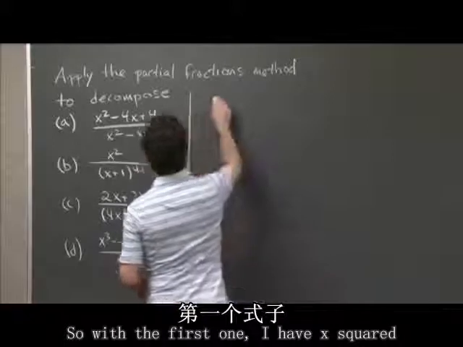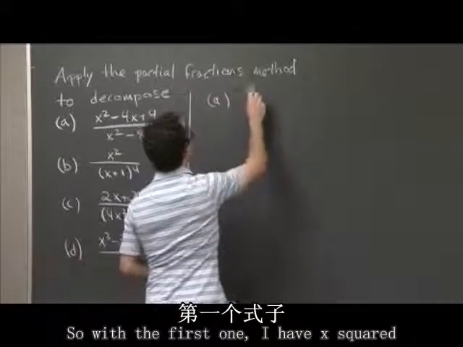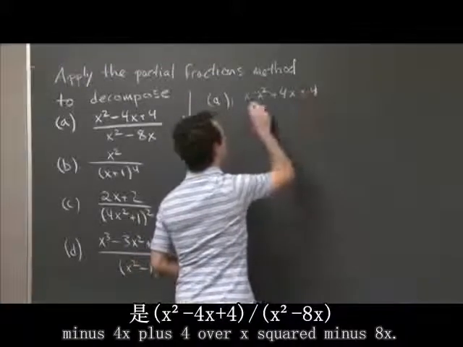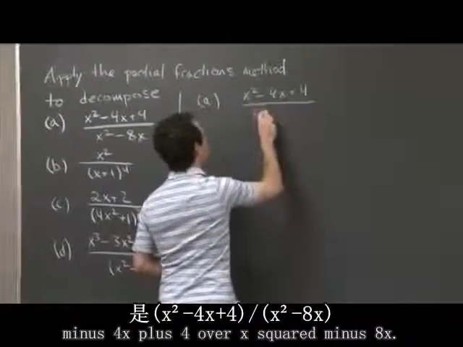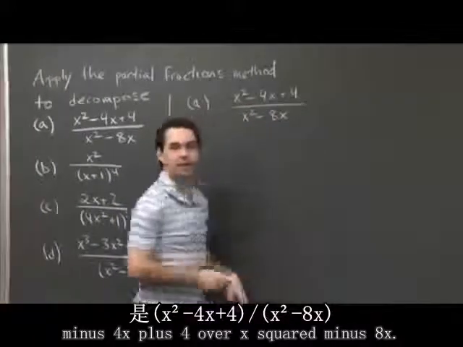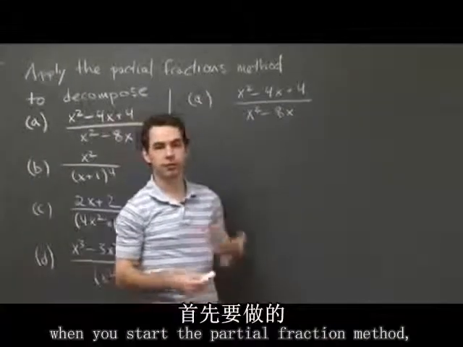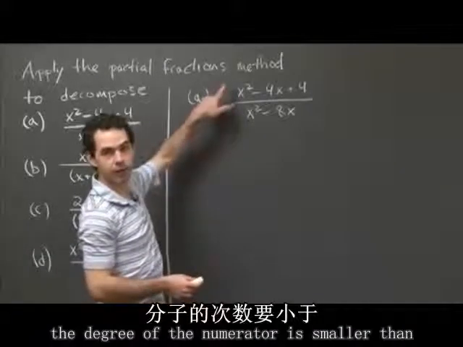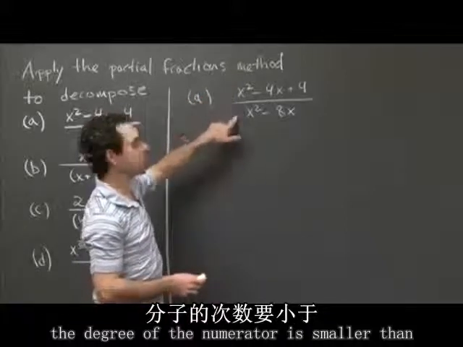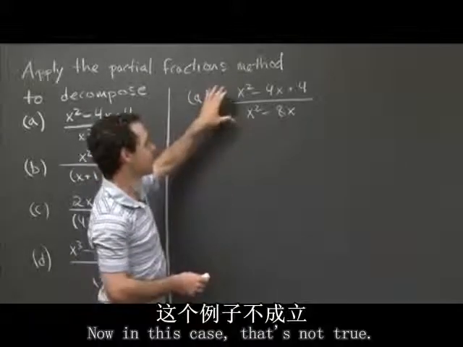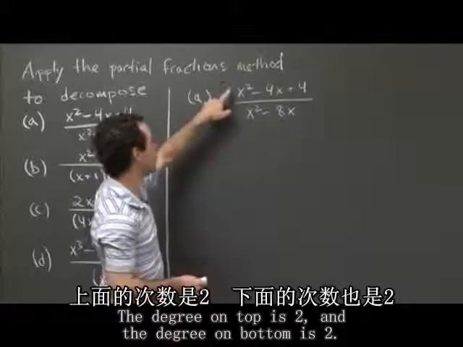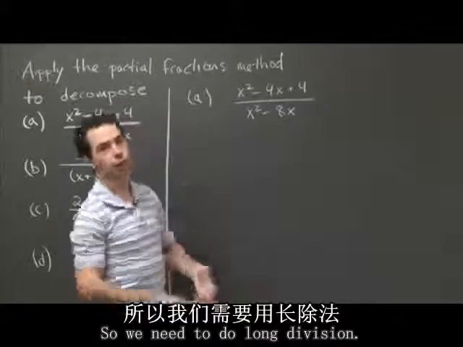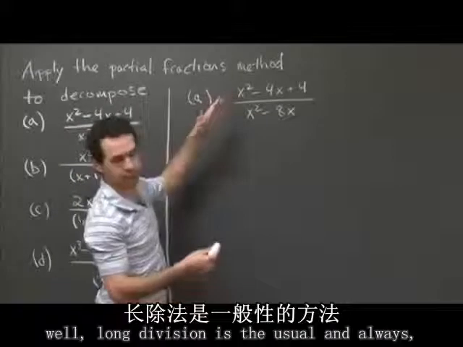So for the first one, I have x squared minus 4x plus 4 over x squared minus 8x. Now the first thing to do when you start the partial fraction method is check that the degree of the numerator is smaller than the degree of the denominator. In this case, that's not true. The degree on top is 2, and the degree on bottom is 2. So we need to do long division, or we need to do something. Well, long division is the usual way and always works